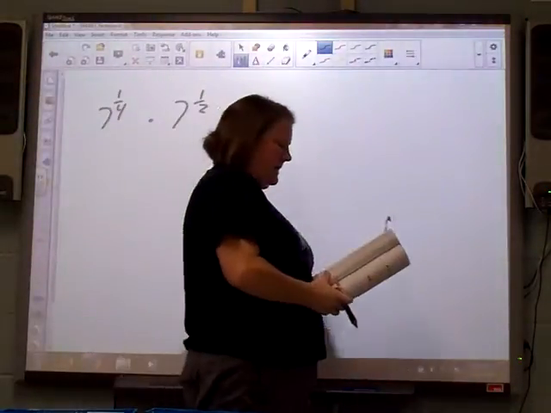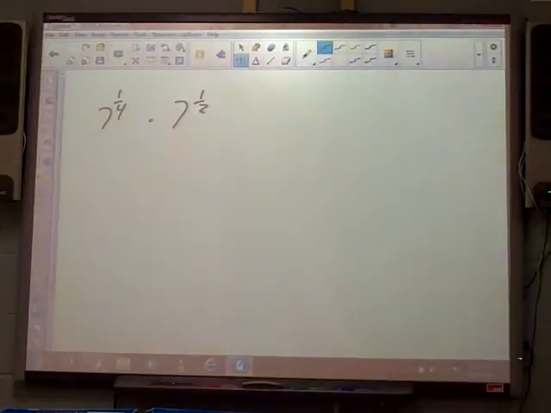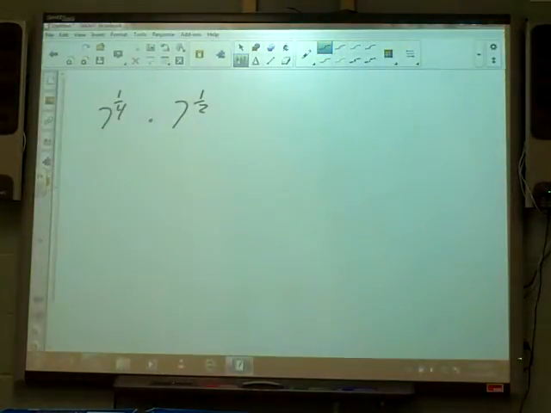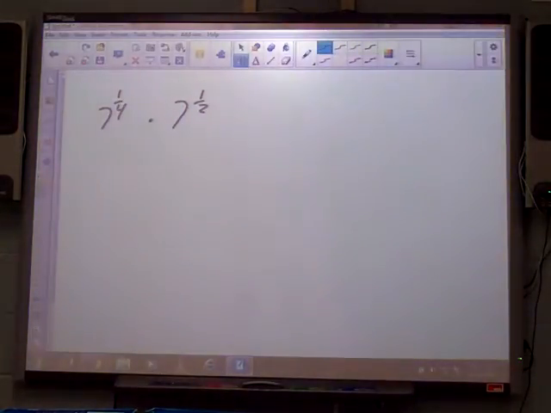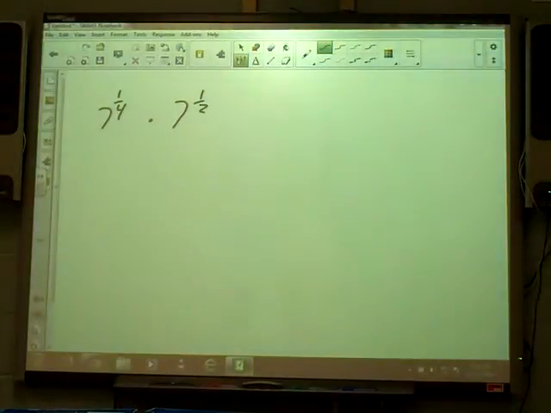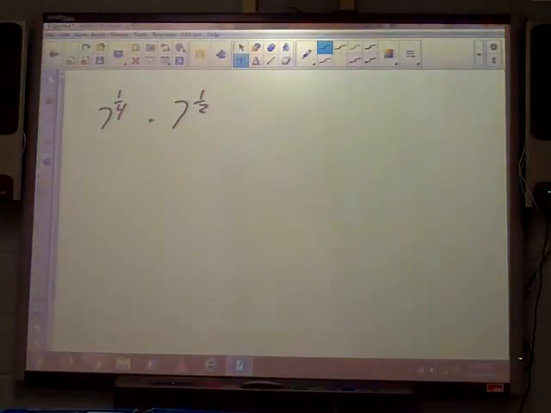Okay, so what we got here, y'all, we're gonna go through several of them, and then we got a couple more rules that we gotta learn when we get to radicals. These ones are easy. This one says 7 to the 1/4 times 7 to the 1/2. Now, we're gonna simplify these as far as we can to still have whole numbers. If at some point it turns out irrational because it doesn't have a perfect root or a perfect power, then we'll leave it.